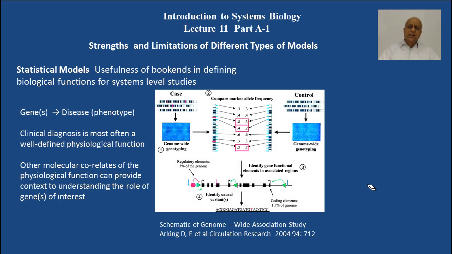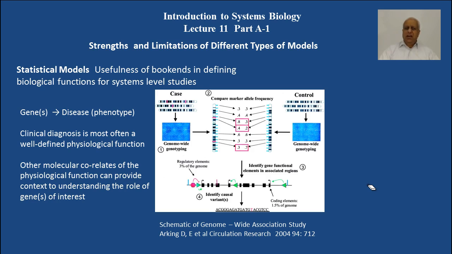In this lecture, I would like to discuss with you the strengths and limitations of the different types of models one can use in systems biology. Let's start with statistical models. Statistical models are very useful as bookends in defining biological functions at a systems level, especially at very